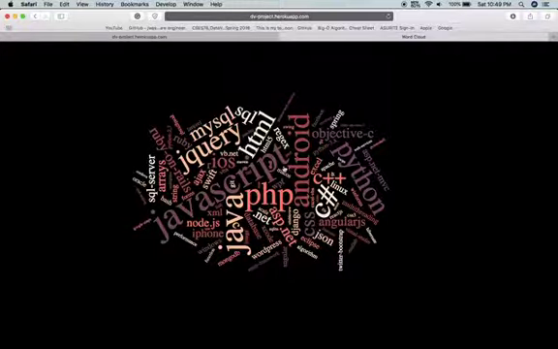So this is the word cloud. What we can say is that in the past 10 years, JavaScript, Java, and Android have been the most popular ones. So if you know these technologies, you are in a good position right now, and you could probably build a really good career out of them.